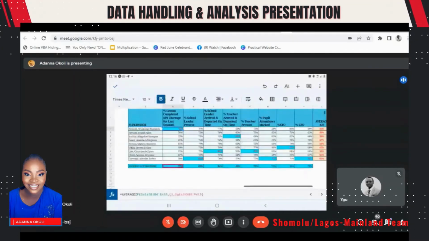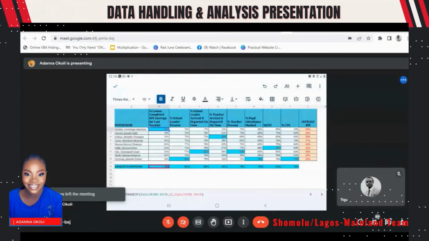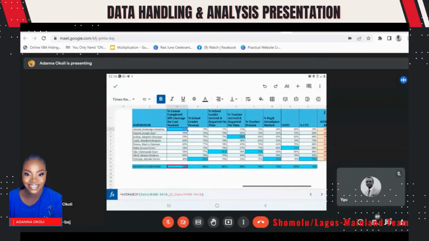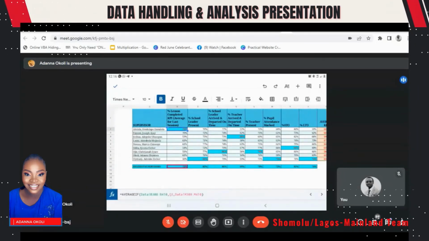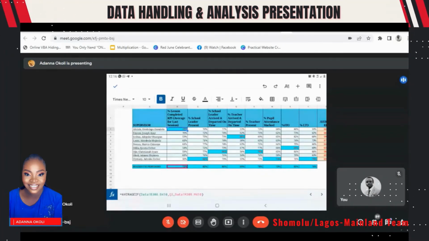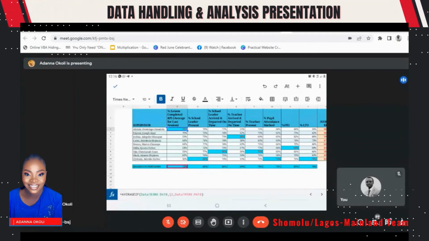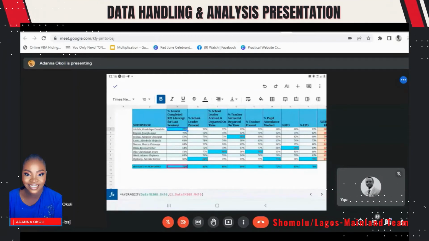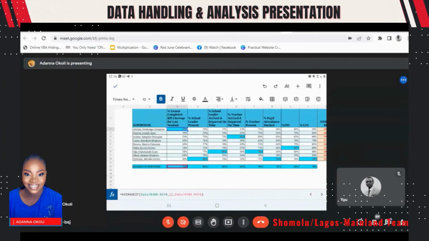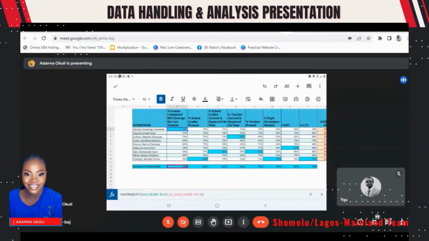So for us to now get the lesson completion, across all KPI performance across Shomolu Lagos-Mainland, all we had to do was an average, but we make sure that we're referring to Shomolu Lagos-Mainland. We're so specific about the data that we're referring to, as you can see in our formula, we did B308. That means from 308, we just want to capture the data from 308 to 410. Then we referred to the supervisor in question, then referred back to the KPI in question, which was lesson completion in